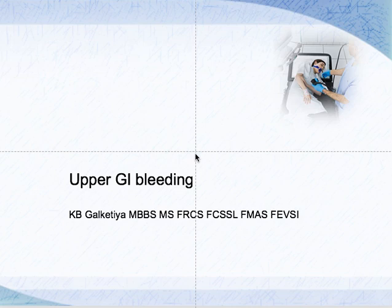Now in a hematemesis, your differential diagnosis involves the upper GI bleeding causes. But when it comes to melena, then not only upper GI but from beyond the ligament of Treitz, the small intestine and also the right colon is included. And for a person presenting with occult blood loss, then of course the upper GI, the small intestine, right colon, but even a left colonic bleeder, if it's not very severe, sometimes they may present as